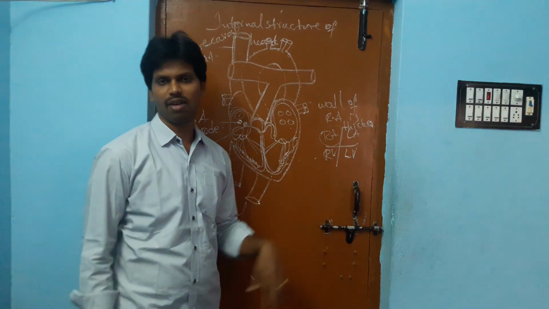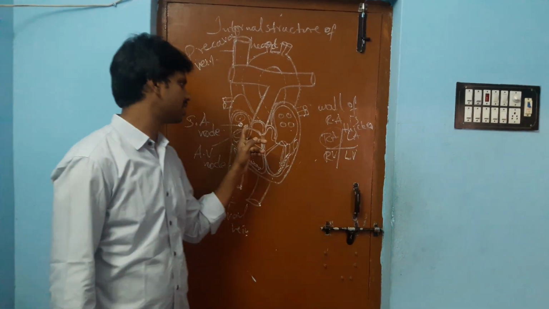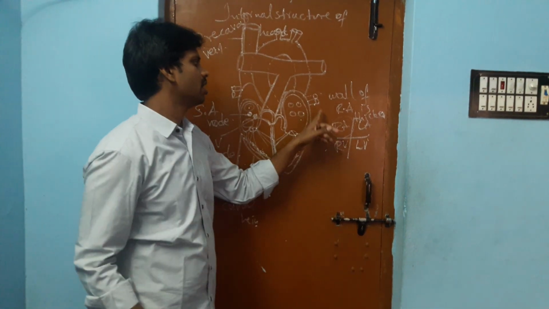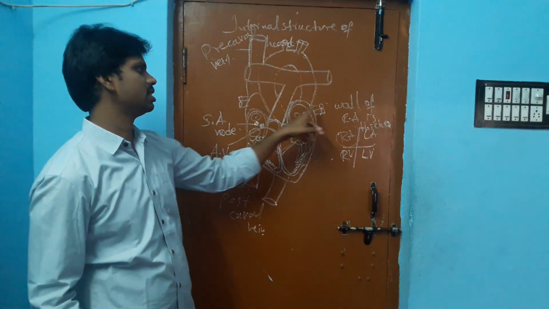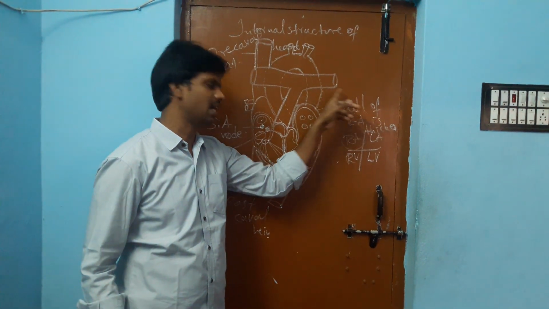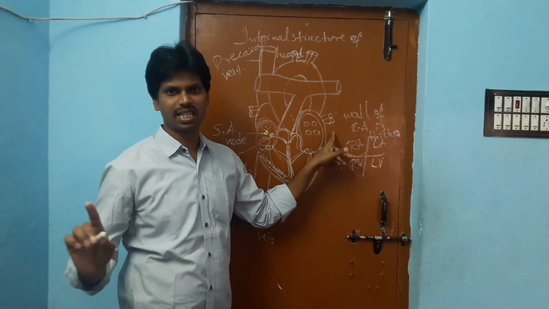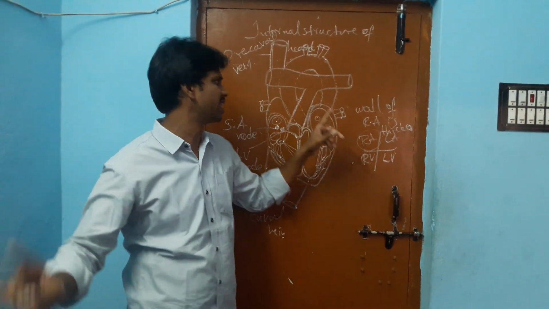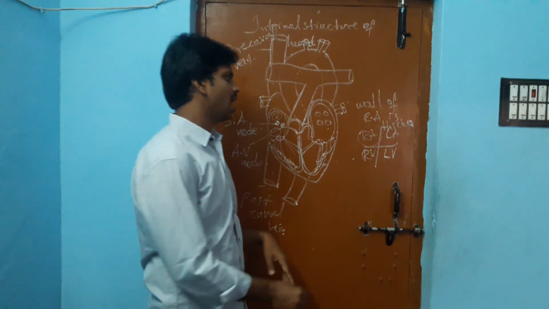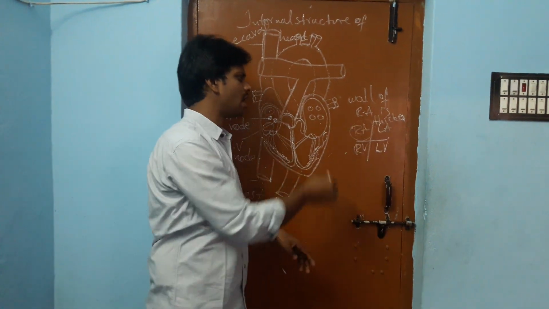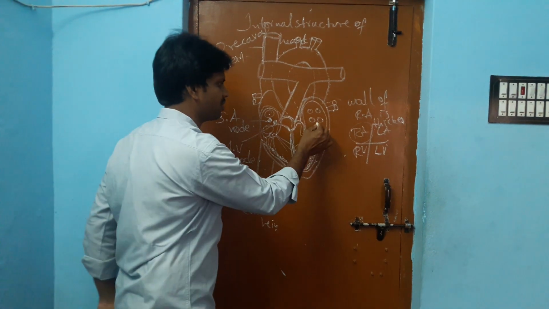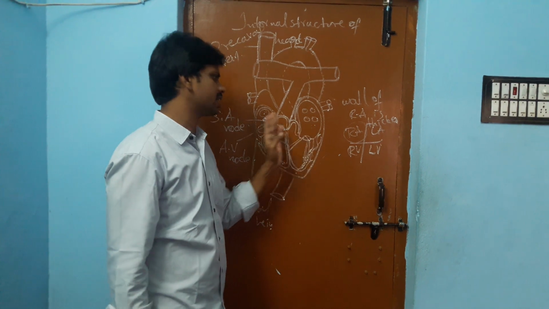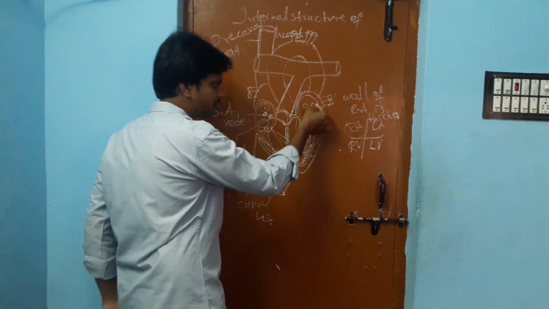Let us discuss the left auricle. Left auricle is smaller than the right auricle, and left auricle contains oxygenated blood. The 4 pulmonary veins bring the oxygenated blood from the lungs. All the veins collect deoxygenated blood except the pulmonary veins. All arteries carry oxygenated blood except the pulmonary artery. Left auricle always receives the oxygenated blood from the 4 pulmonary veins. The wall of the left auricle is thinner than the right auricle.